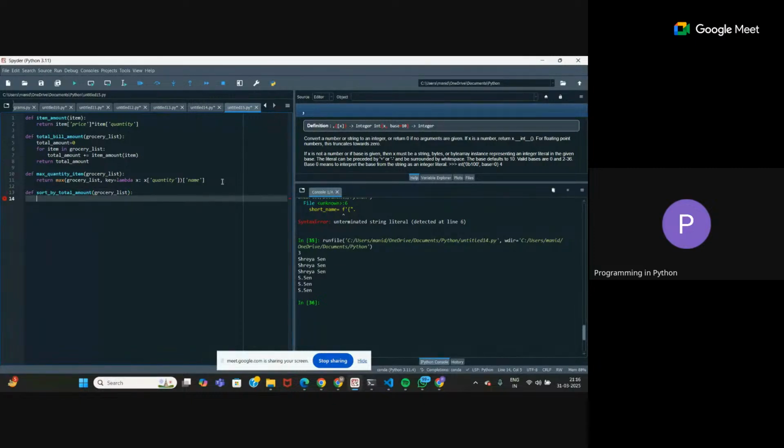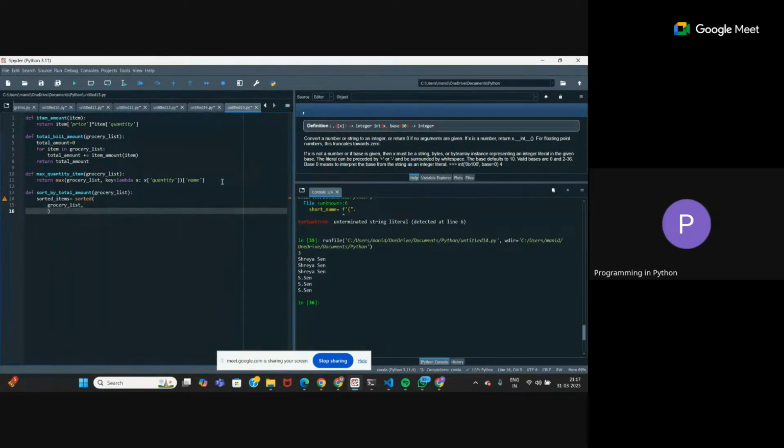Now, I can simply use the sorted function here, right? So I'll call it sorted items. This will also give you a list only. The sorted items equals sorted, grocery list,